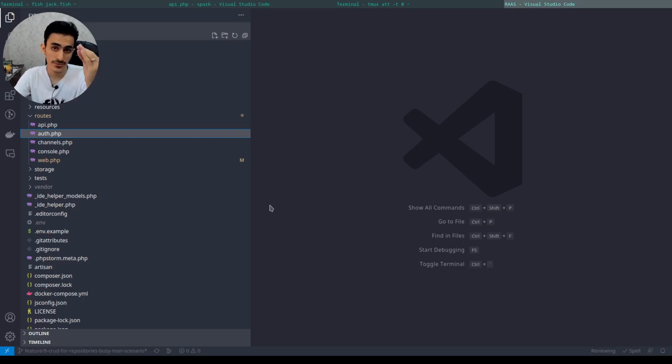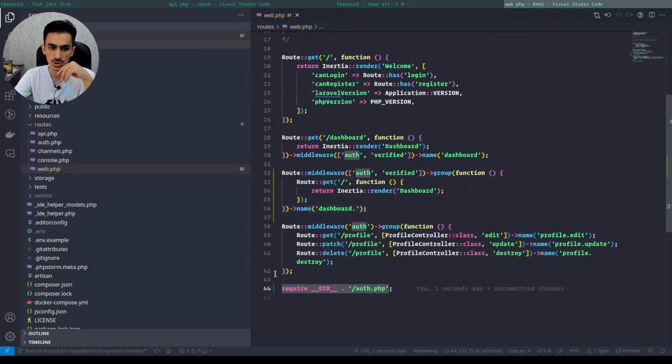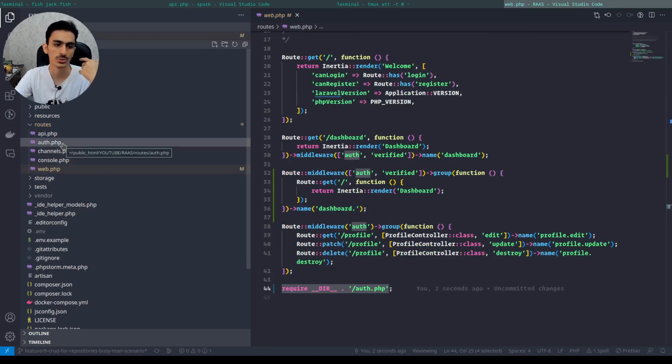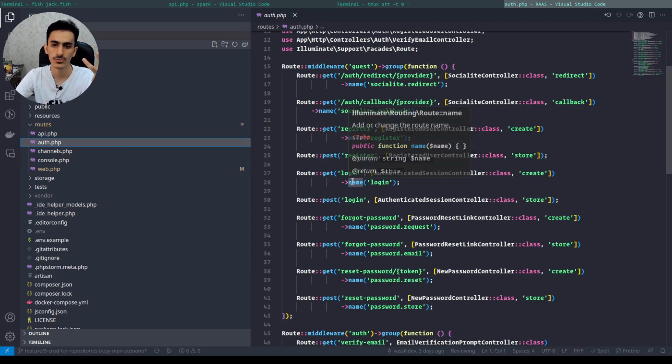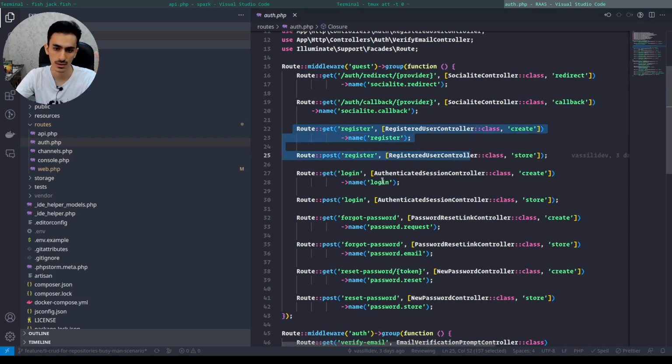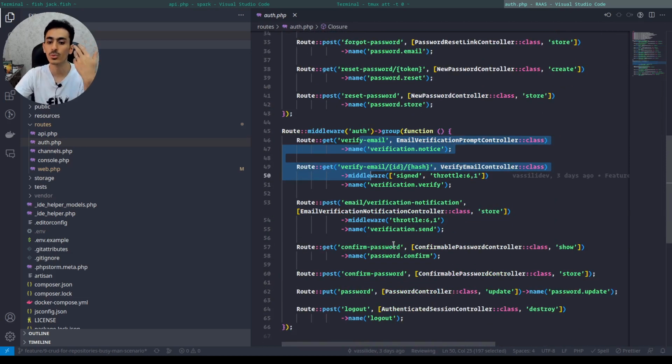So about what to edit, you must take care of this web.php. There, auth.php is required, and you must take a look at this auth.php. There is a bunch of routes that we don't need. One of them is register, forgot password, reset password and verify email. We don't need these things, and you must remove the controller if it's an invocable controller for each of these